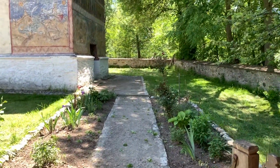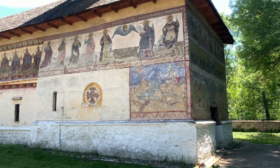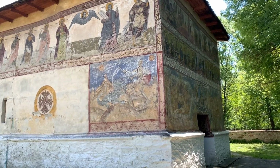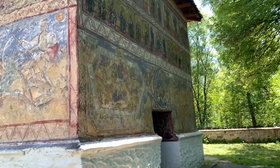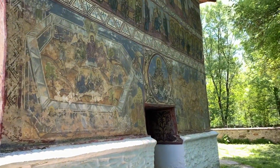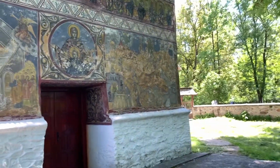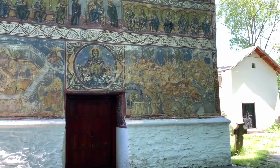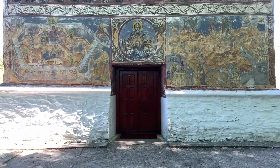The Wallachian style churches usually have an entrance veranda guarded by magnificent columns. In this case it seems that it has been covered by a curtain wall and the nave extended. But the decorative scheme is typical of the western end verandas of the church, in this case on the western front. You can see in the middle the medallion with Mary and Christ child,